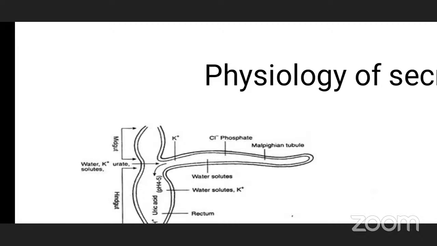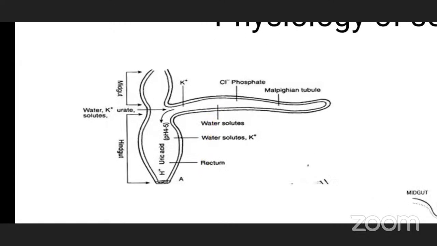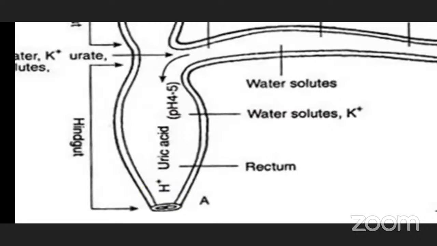As I said, in the distal part it will be liquid. Once it reaches the proximal part, it will be converted to semi-solid. The semi-solid uric acid particles will then be pushed into the hindgut by the action of a large number of cilia or microvilli. The proximal part will have microvilli, and these microvilli or cilia are the ones that push the particles into the